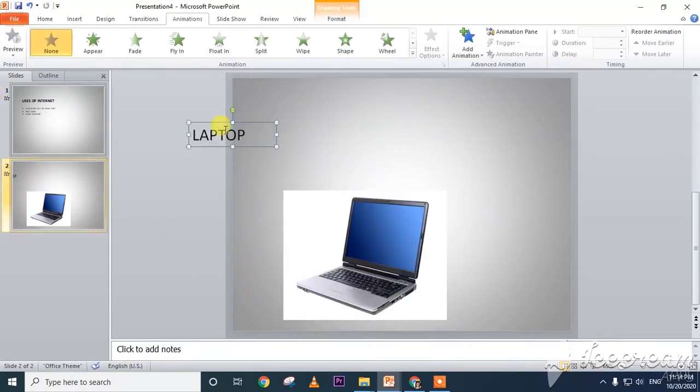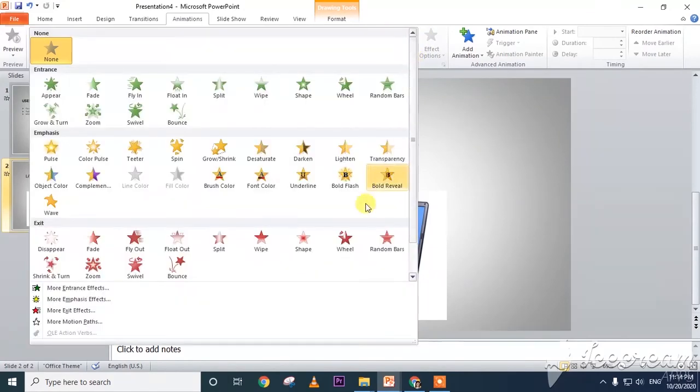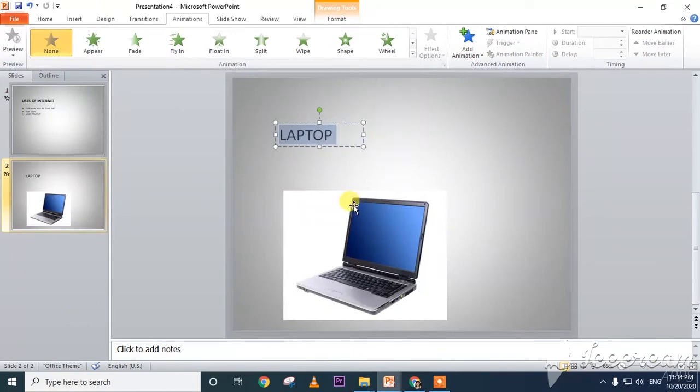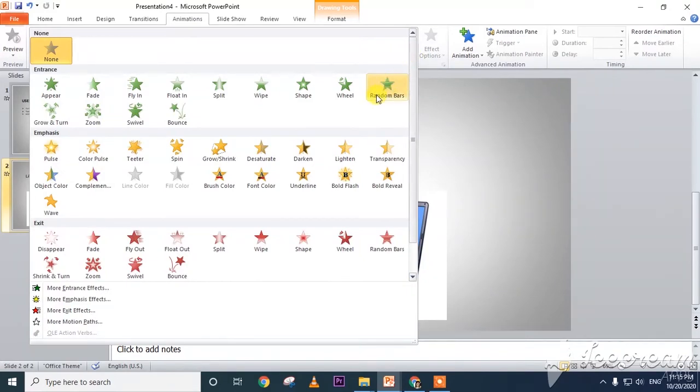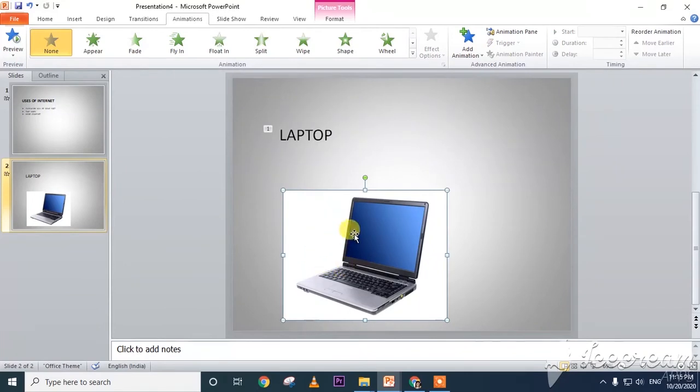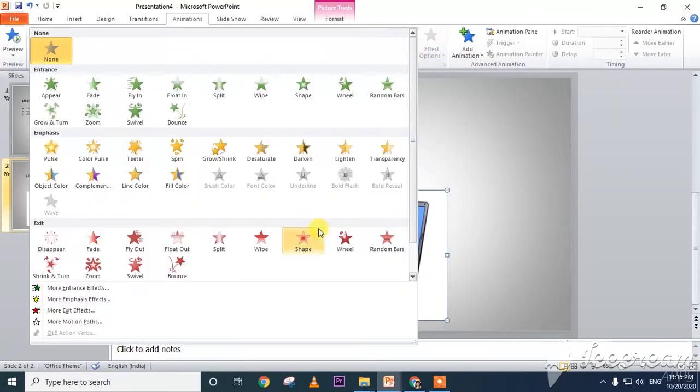Select this one, and I'm selecting this text, and let us give some Spin. Zoom. See, now the laptop also, we'll select and give the Wheel type.